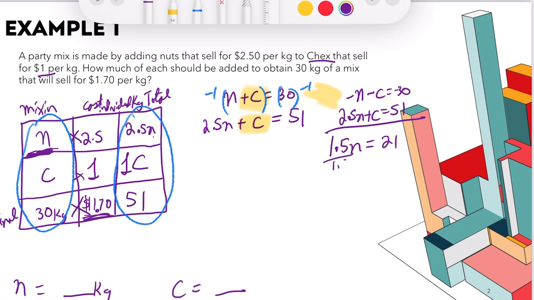So if I divide both sides by 1.5, I get n is 14. That's my answer. So I need 14 kilograms of nuts. Well, I know based on this first equation up here that n plus c